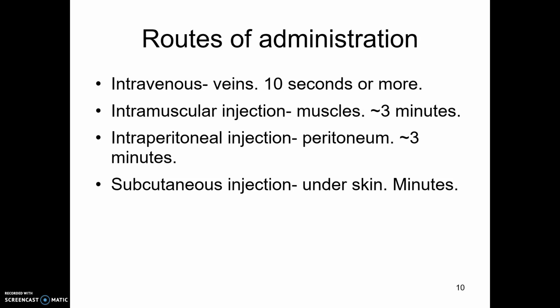We have intramuscular injection. This is something that's injected into the muscle mass. It generally will take longer to get to the blood and to the brain. This is actually a pretty common mode of administration for insulin if you're diabetic. Intraperitoneal injection. This is not commonly used in humans, but it's pretty commonly used in lab animals. It's difficult to get in by IV because animal veins are small. So we inject it into the abdominal cavity where there's a lot of blood vessels, and that takes about 3 minutes.